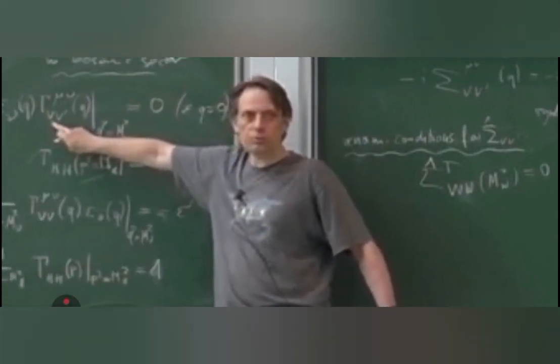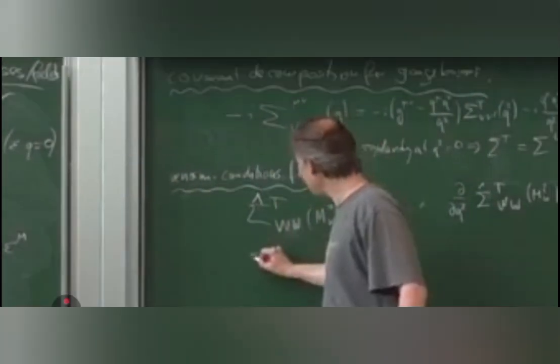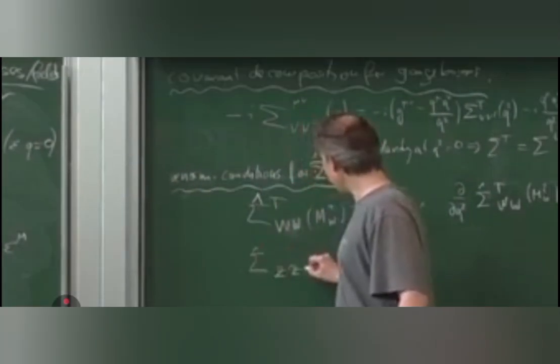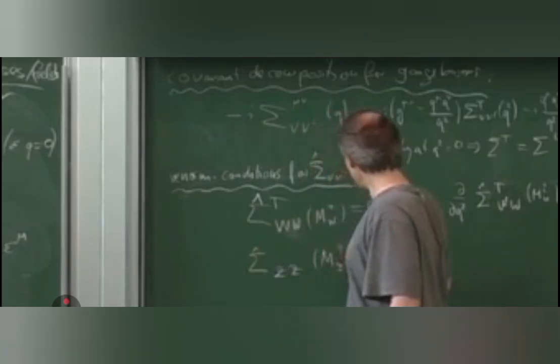Similarly, we can look at this diagonal term here, VV prime for the Z boson. So let's put here VV prime equal to ZZ. Then we get a diagonal condition for the Z, which looks identical. Sigma hat ZZ at mz square equals 0, and derivative d by dq square of sigma hat ZZ transverse at mz square equals 0 as well. Then